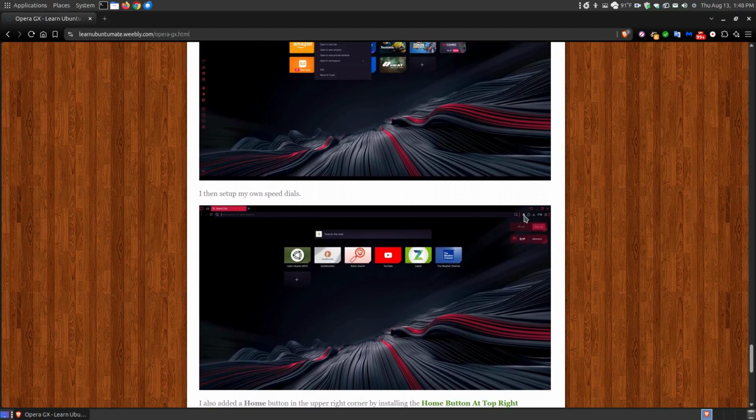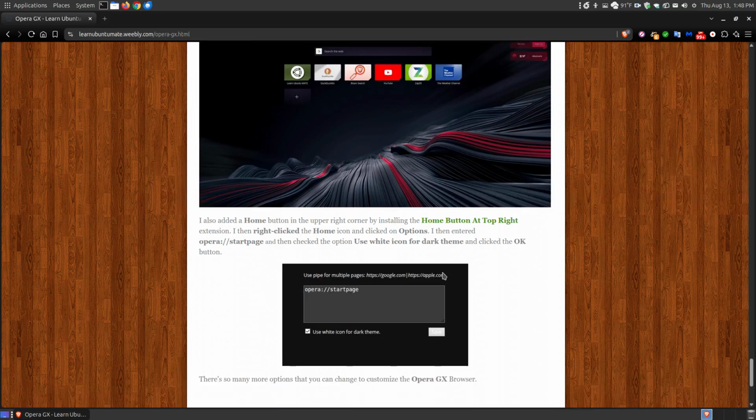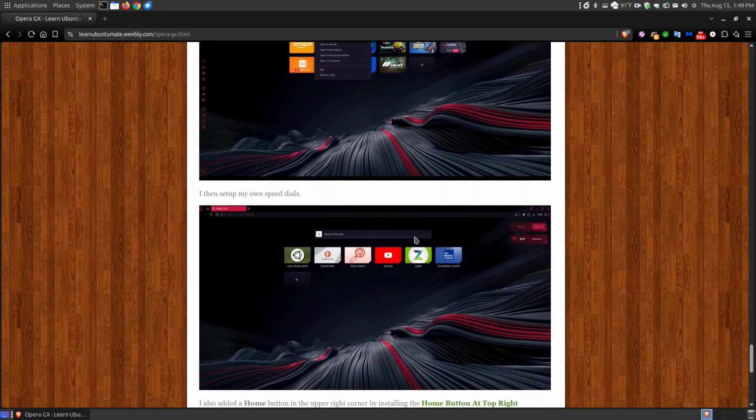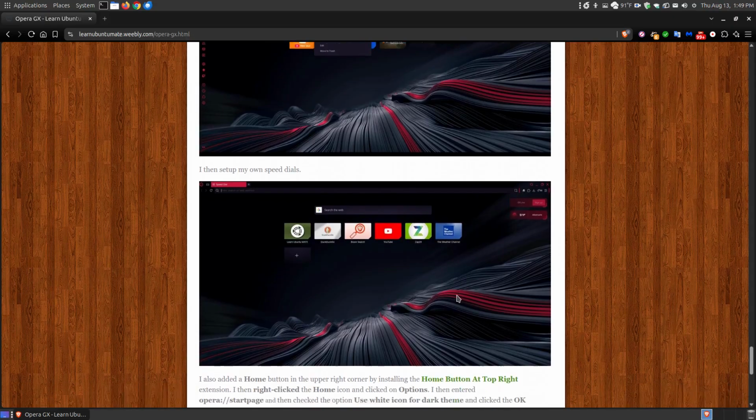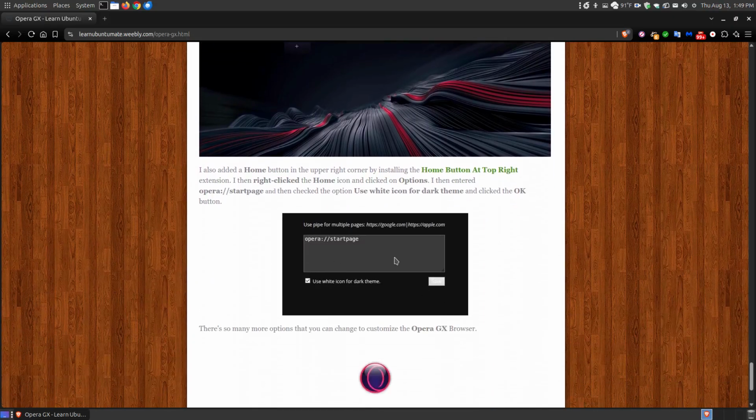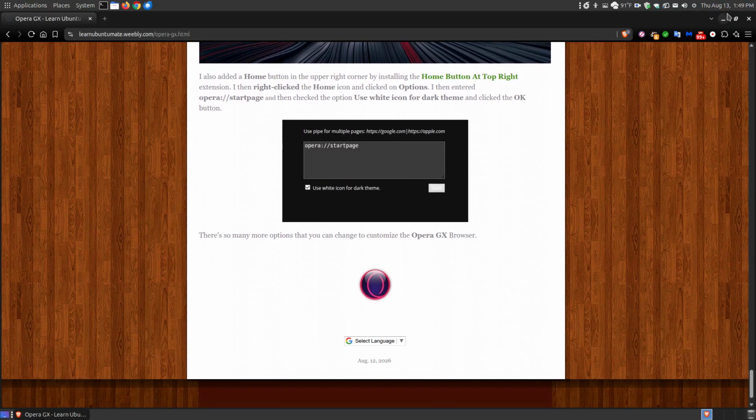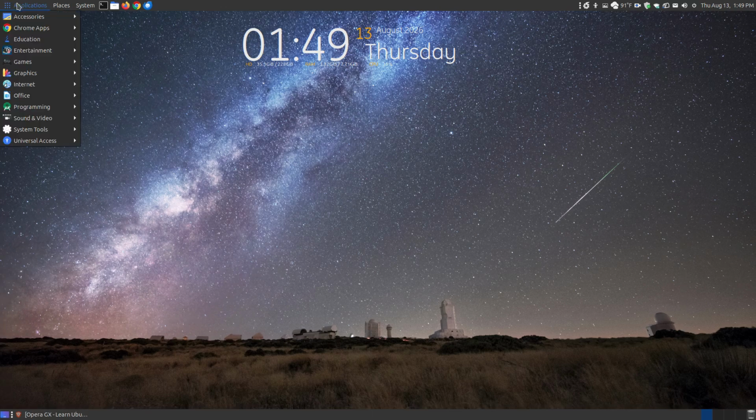So originally I couldn't see it, I could tell it was there. It was kind of a dark outline. So by checking use the white icon, if you're using a dark theme, you'll see there's a little white home there. So every time I click on it, it will take me to my home screen. You can customize that. Now let's actually take a look, and I'm going to bring up the Opera browser first,